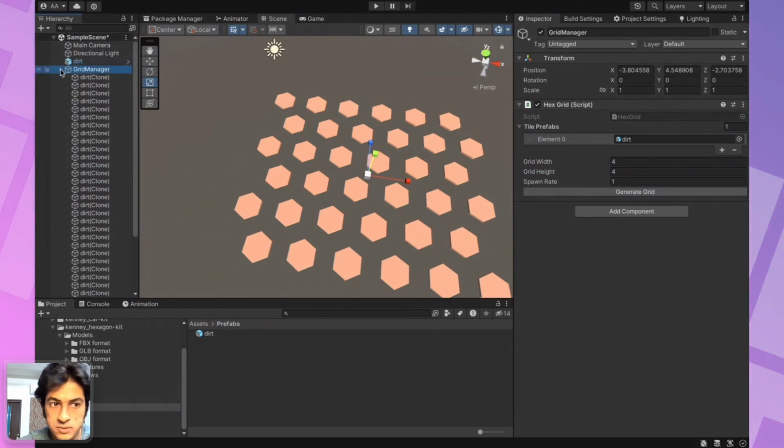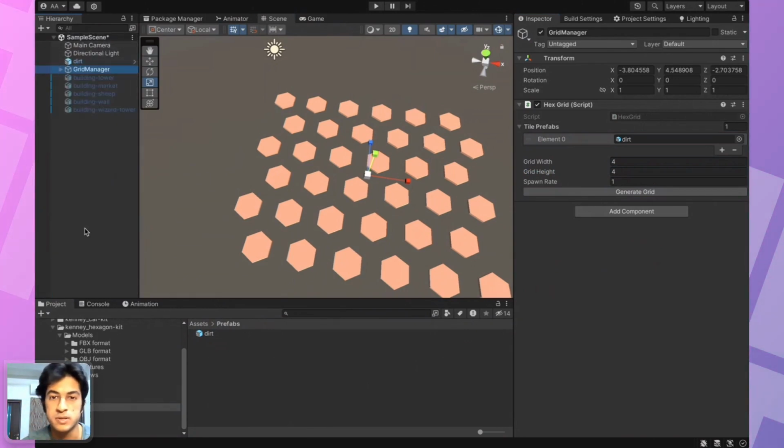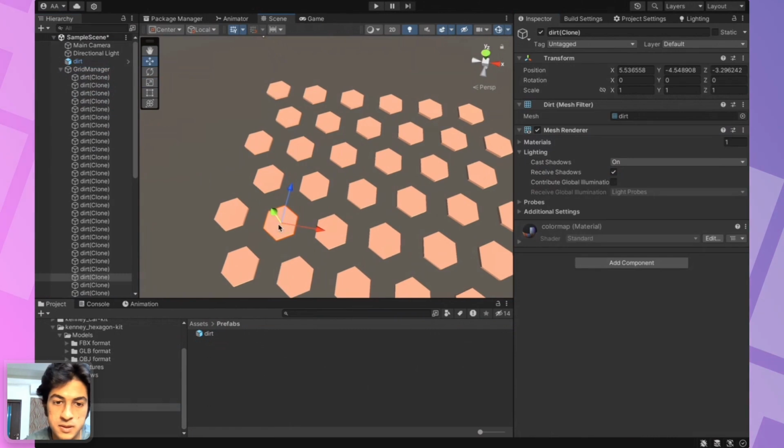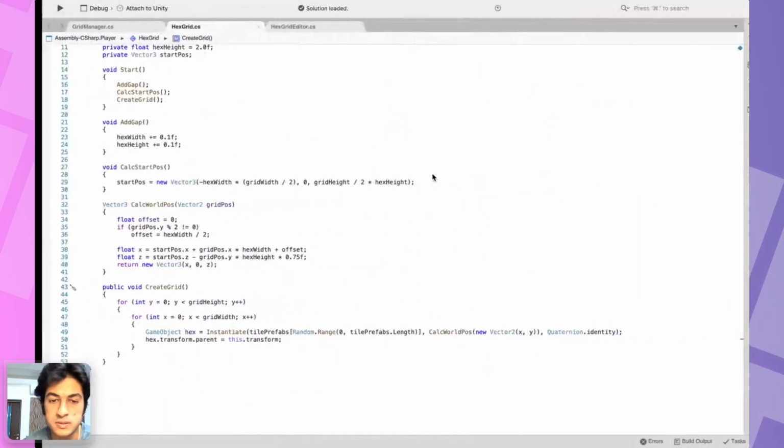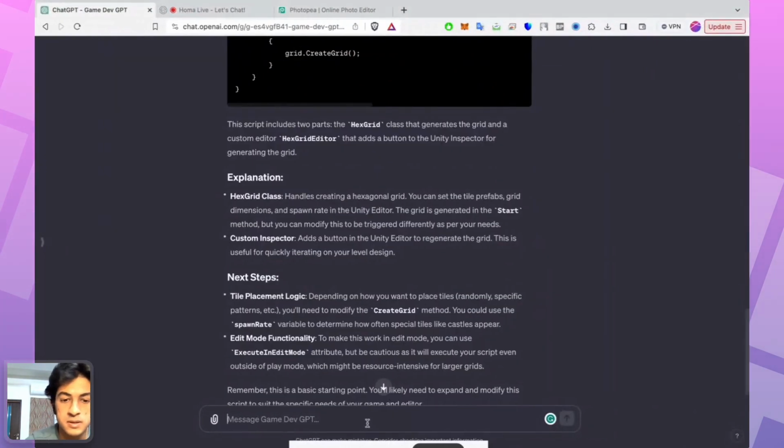What we want to do is reduce the spacing, so we need to have some options to customize this bit where it asks us how much spacing we want, because what we really want is to stick them close together, like something like this, and not so far apart. So let's go back to ChatGPT. Okay, great.